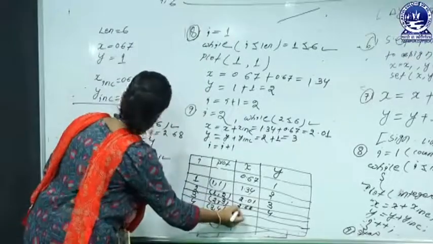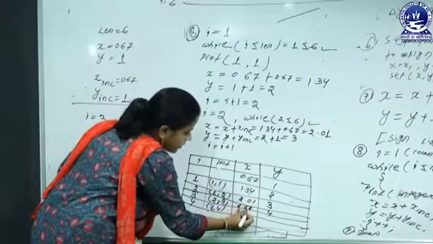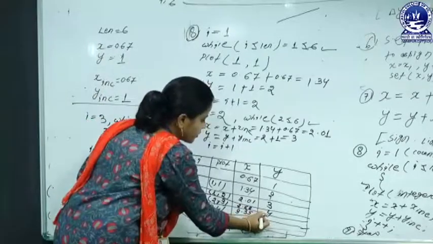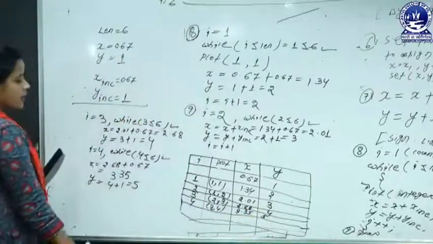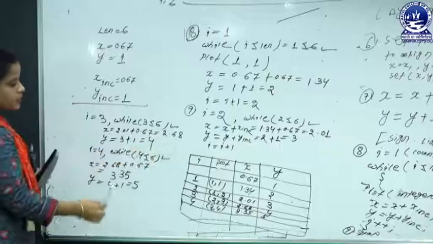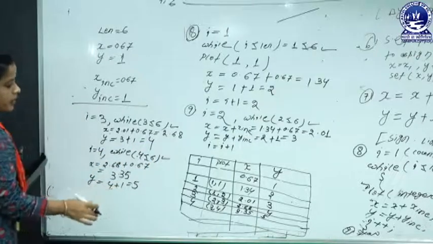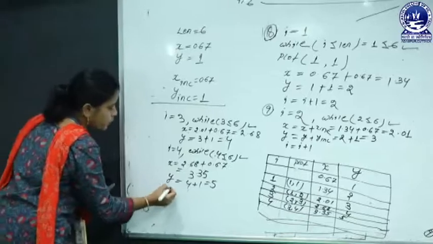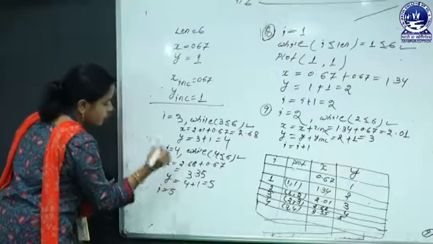Okay, so now to put the xy coordinate value on counter 4. Here x equals 3.35 and y equals 5. Okay, now go to the next step, I plus plus, that means again the I is incremented unit-wise for the next job execution. That means 4 plus 1, so I equals 5.